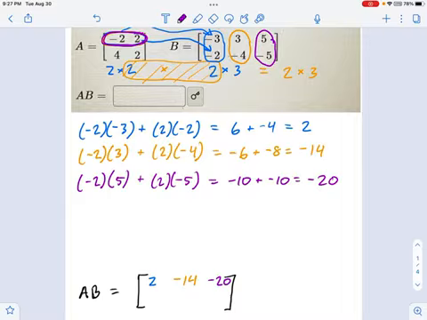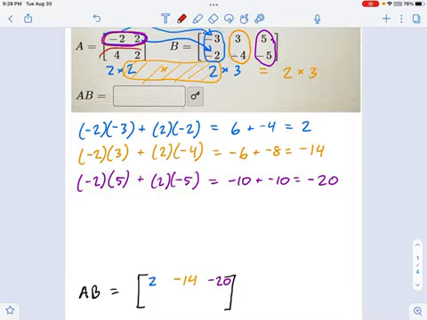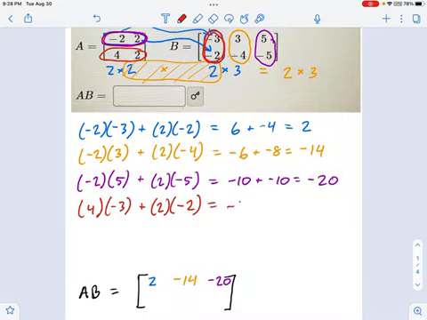Now, the bottom row of the product matrix AB is accomplished simply by using the bottom row of A. So I'm going to multiply 4 and 2 against the left column again. This is going to be 4 times -3 and 2 times -2. So that equals -12 plus -4. Look at that, we got another negative value, -16. Okay, and on and on until you're done filling in all 6 entries of the product matrix.